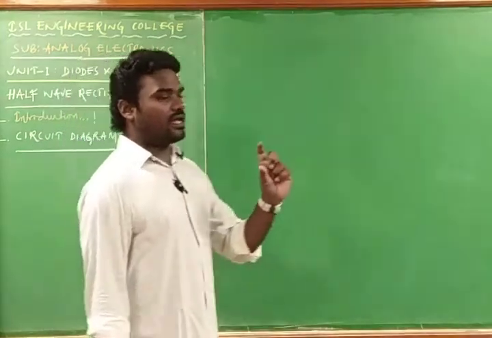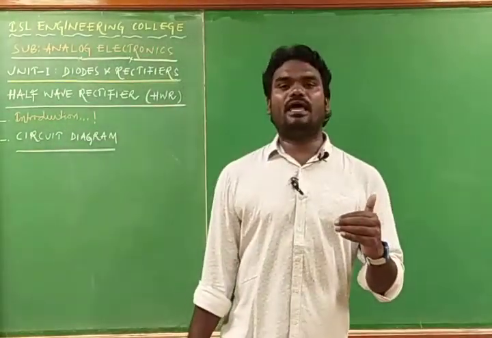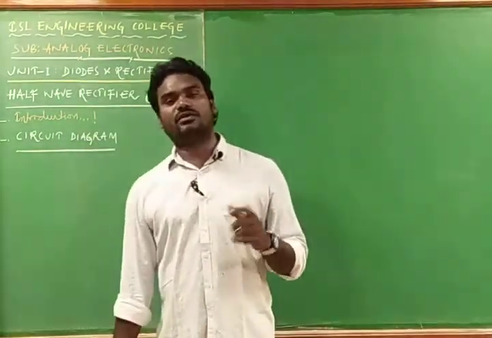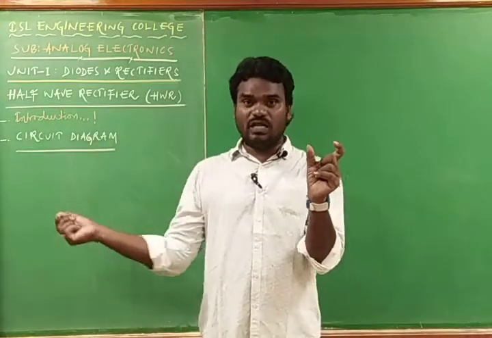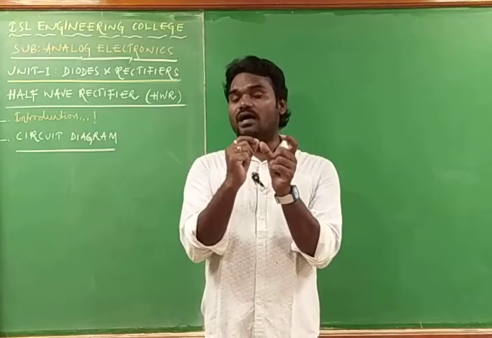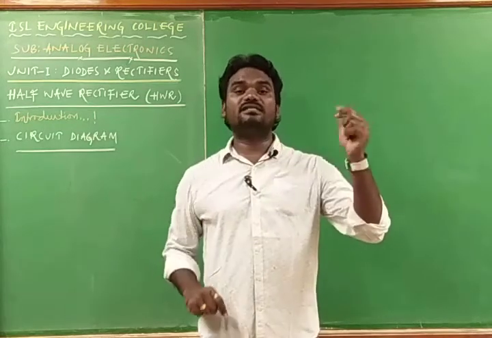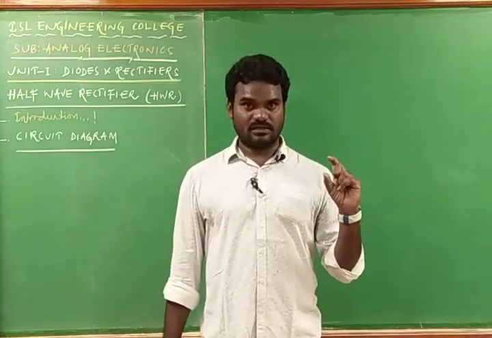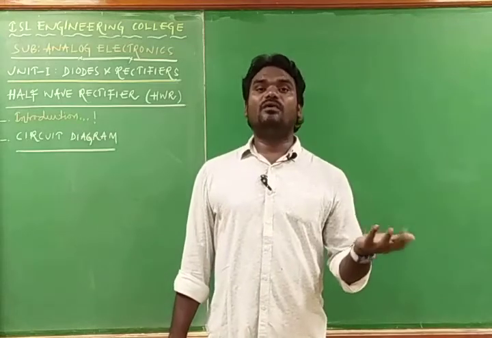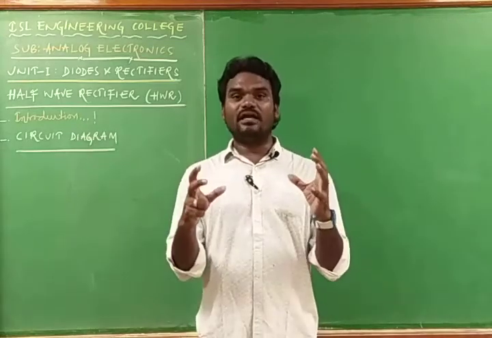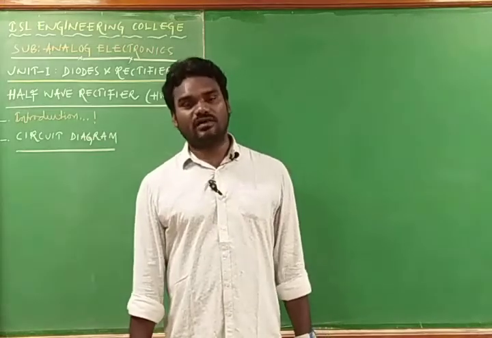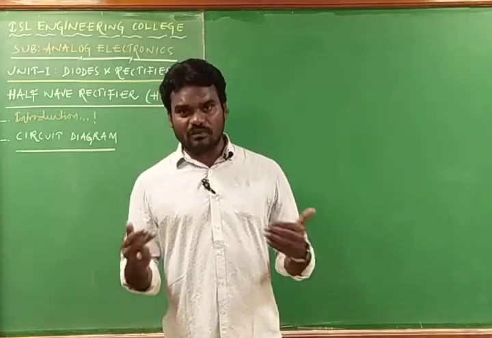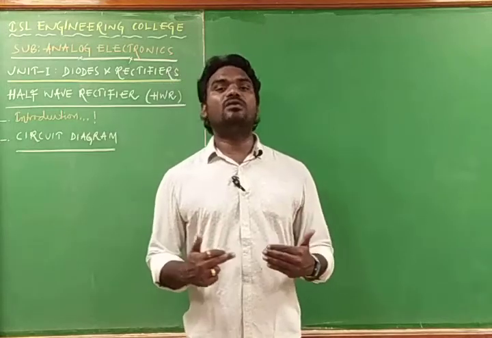We are considering the main component in the half wave rectifier circuit, that is PN junction diode. But if we directly give 230 volts of AC signal to the PN junction diode, the diode is going to burst. To avoid this problem, we are using a device called a transformer. The transformer we will be using is a step down transformer.